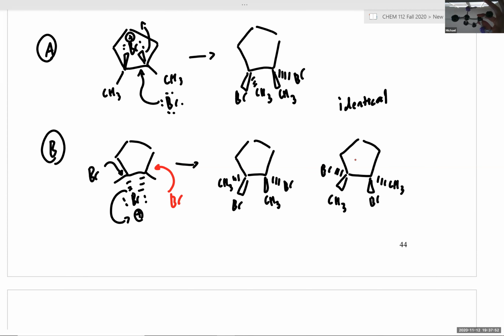So what does everyone think? If we compare these two products, are these two products identical or are these two products enantiomers? Let's take a moment and really compare them. Are these structures non-superimposable mirror images? Is there any way via rotation